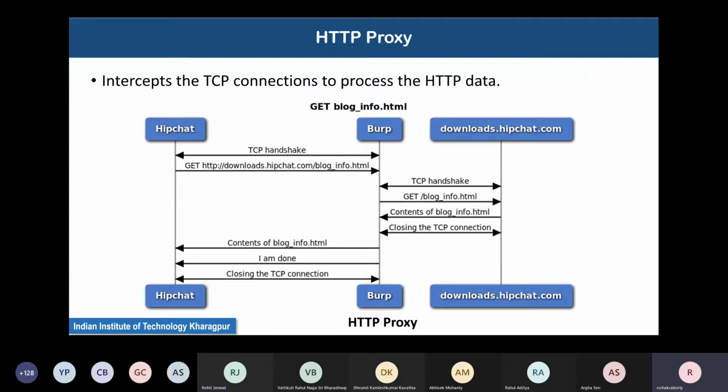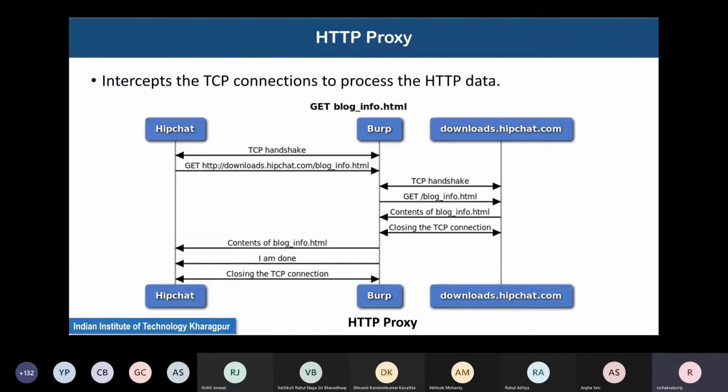Suppose there is a client which wants to see the web page at downloads.hipchat.com, and the top level web page is called block_info.html. This HipChat client requests the web page, but it cannot request the web page directly.